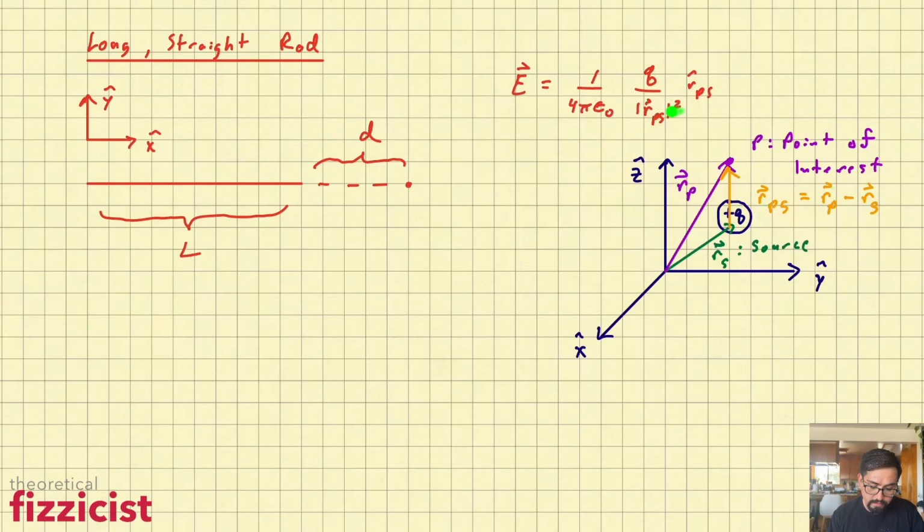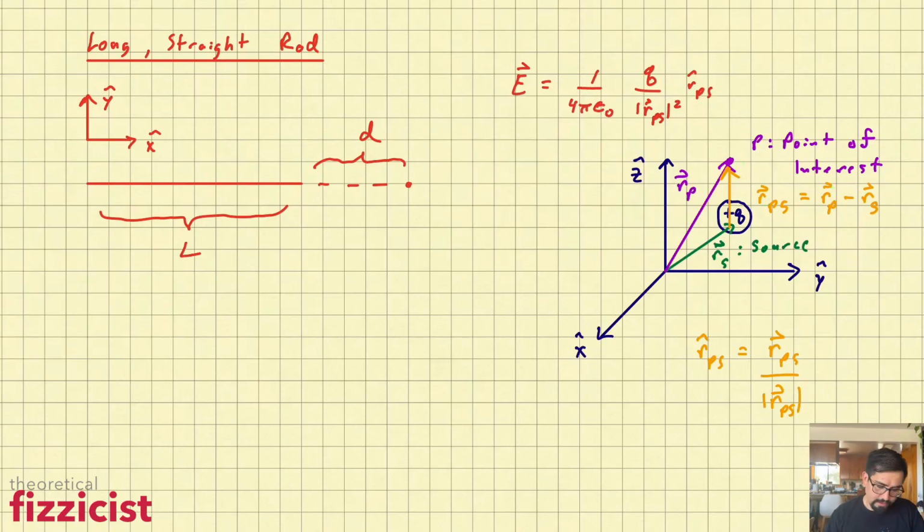So this is the magnitude square, or the distance square, between the source location and the point of interest location. And R hat PS over here, remember the definition of hat vectors. Let's go ahead and write it down. R hat PS is equal to RPS divided by the magnitude of RPS. It's a unit vector, right? Unit vectors are vectors that have a magnitude of 1. They are dimensionless. And the role of a unit vector is to simply tell you the direction at which a